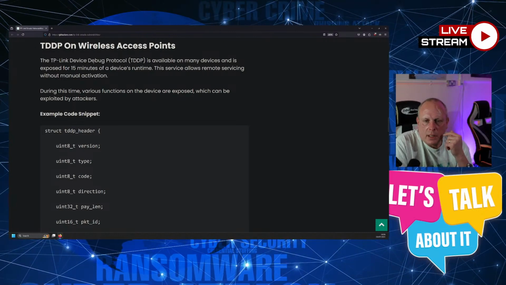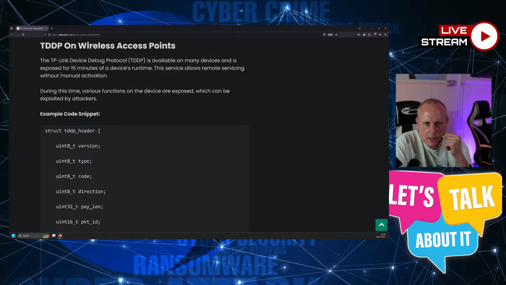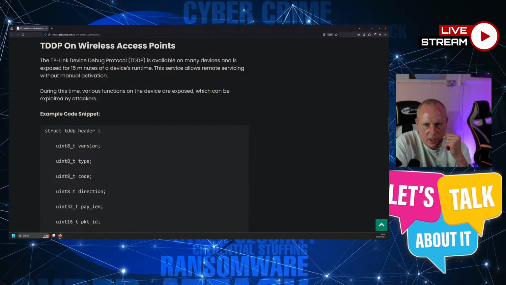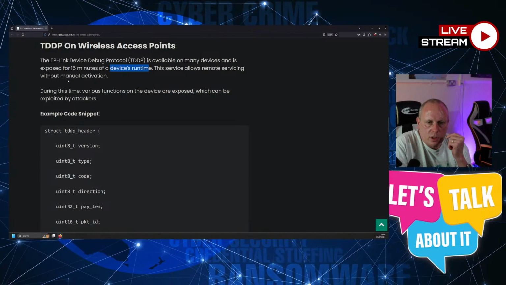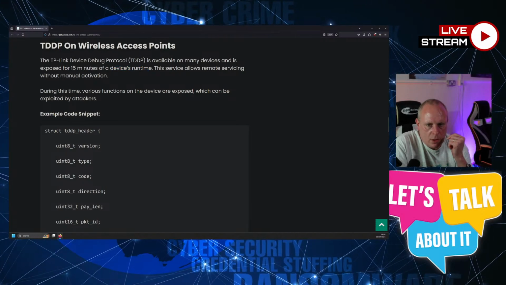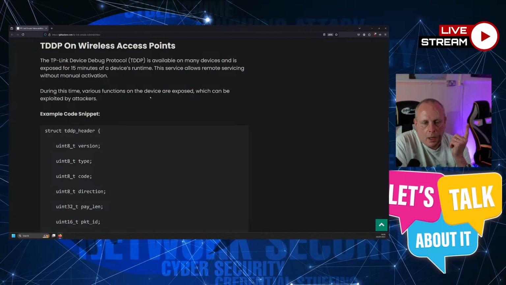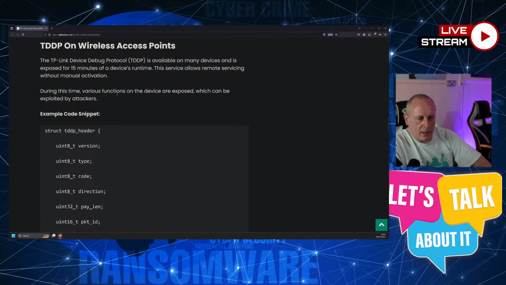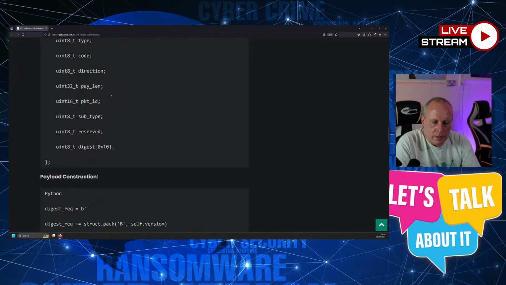So TP-Link Device Debug Protocol, TDDP, is available on many devices and it's exposed for 15 minutes of a device's runtime. Okay. This service allows for remote servicing without manual activation. During this time, various functions on the device are exposed, which can be exploited by attackers. So yeah, if you're running any of this stuff, then you're going to want to update.